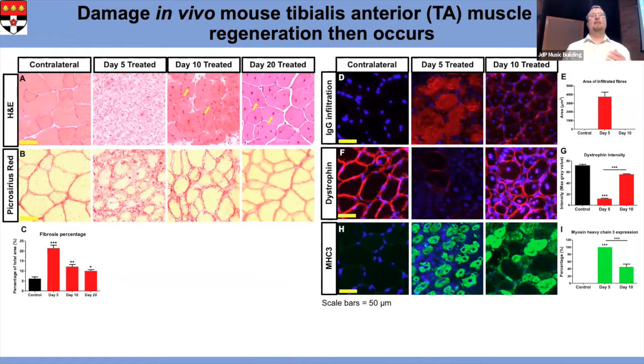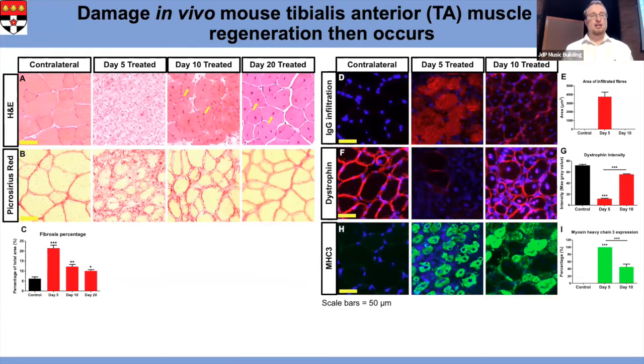However, myosin heavy chain 3, which is a sign of regeneration, is present at day 5 in 100% of the fibers that were measured. However, at day 10,